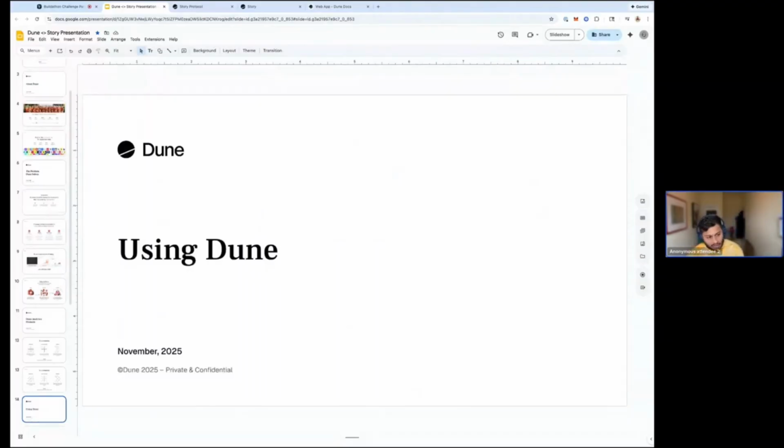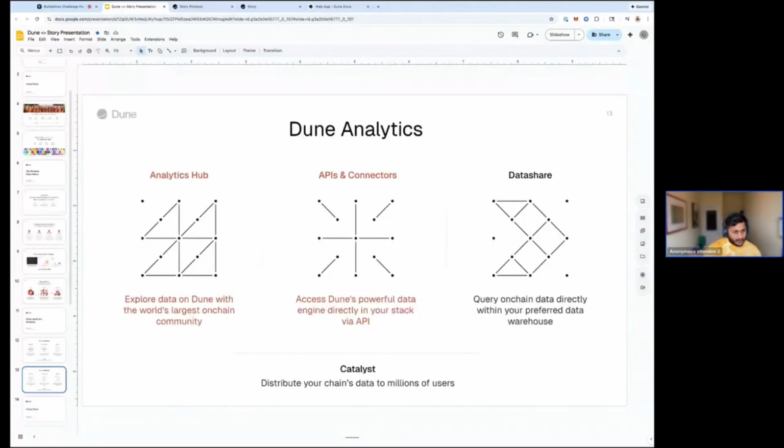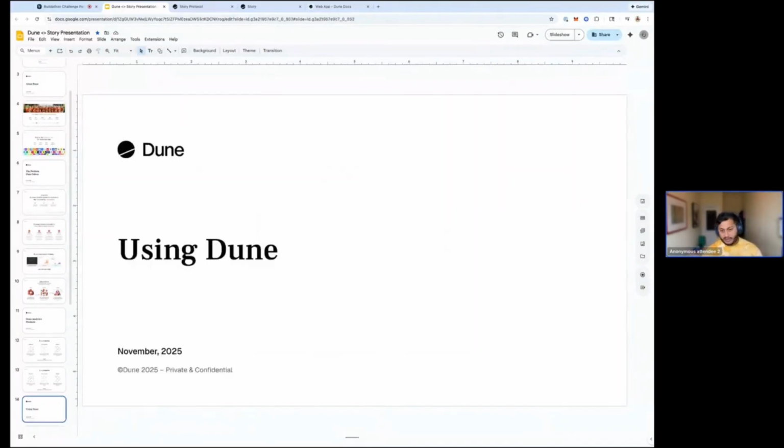So what I'm going to talk about here is our Analytics Hub, I'll dive deep into that. I won't go too deep into the Analytics API because our docs are pretty thorough and we actually just revamped them for the API section a day ago. So what I'll do is share that in the chat after, and I'll touch on a few points on